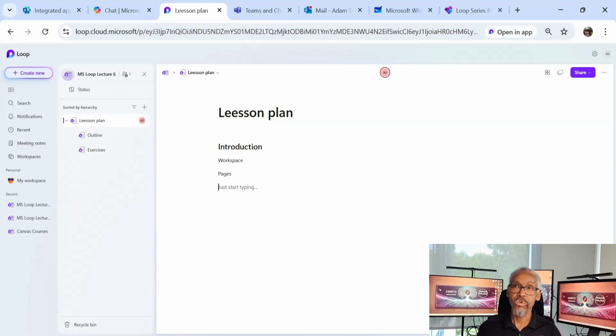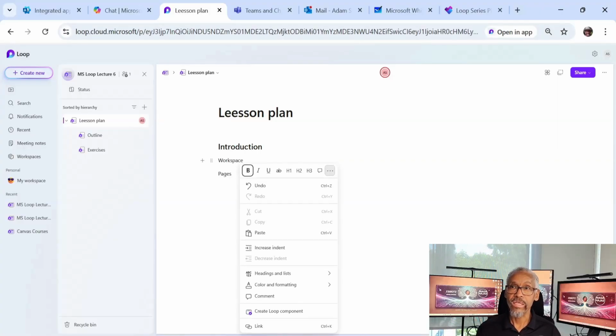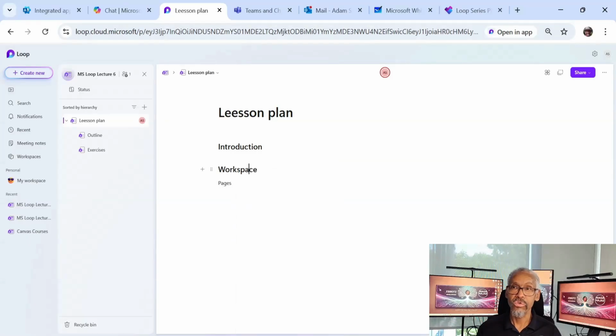That is how you would go about adding content. And you notice I made that into a heading. I could right click here, I'll get a different menu as I mentioned, which has these options. You could underline, you could italicize, you could also make it into a heading, right? I'm going to show you another twist on the headings, but let's say here introduction, this will be intro to Loop,